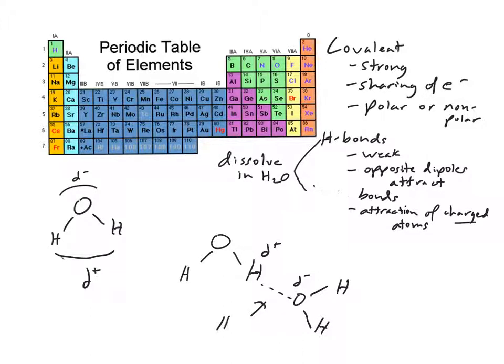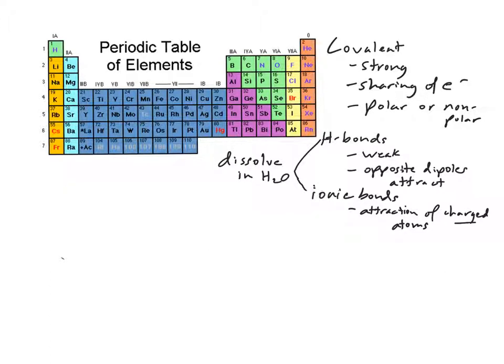So those hydrogen bonds are formed when 2 different molecules have their opposite dipoles that come together and attract. And we can have this with pretty much anything that has polarity, so that you have a positive dipole, and if it comes in contact or near another molecule that has a negative dipole, the opposite dipoles attract. Those are hydrogen bonds. Now, not only does this work for water molecules interacting together, but this will work for